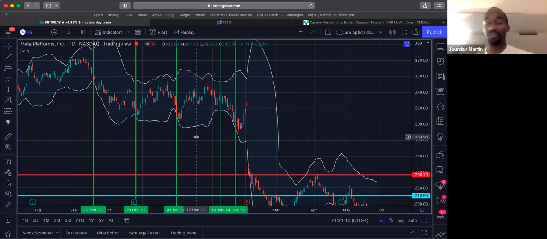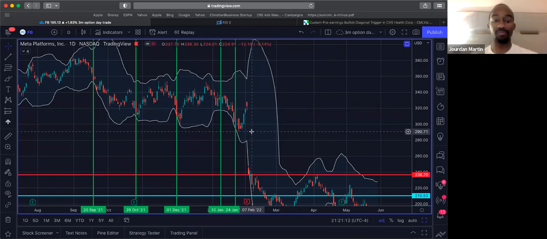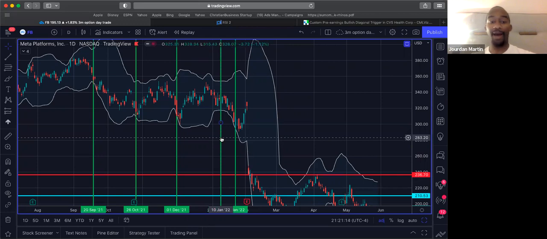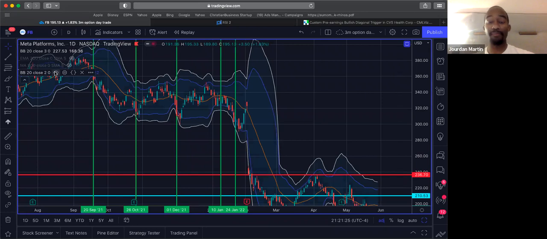So we can do different things. And this is where that testing comes into play. You can say, okay, my buy entry is going to be a bottom touch of the 3 standard deviation Bollinger Band, right? But my sell might be when we touch the top of the 2 standard deviation band. And so you can literally test it out and say, I would have bought here, but I wouldn't have sold